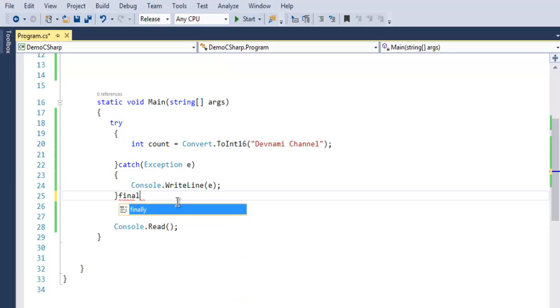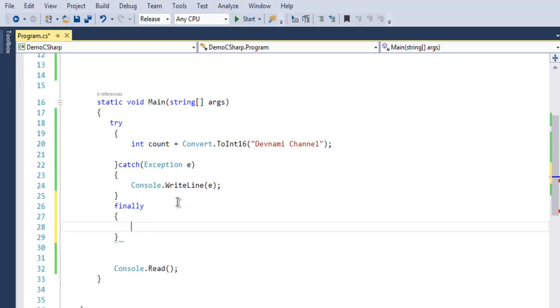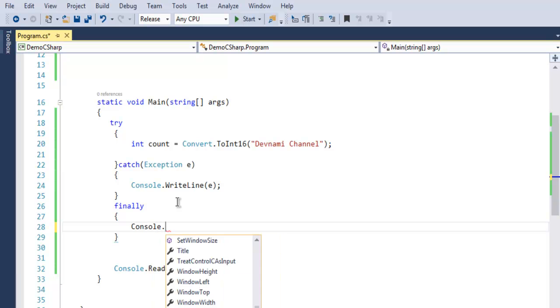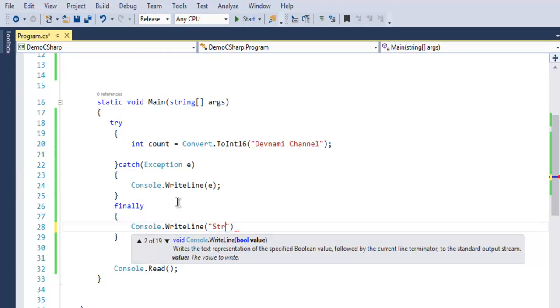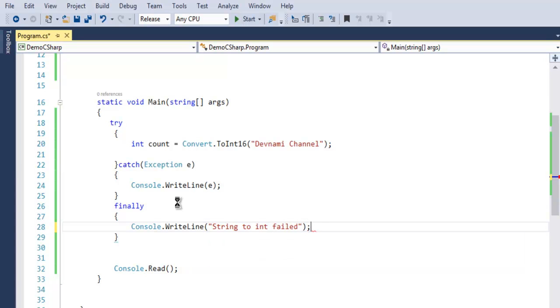If we found our exception and have an issue, then we can decide what to do later with the finally block. So we will handle our exception, and after that we will simply say string to integer failed. Okay, as you can see, we try to check for one condition whether it performs properly or not within the try